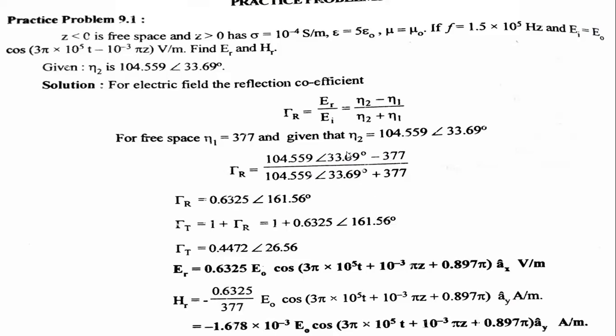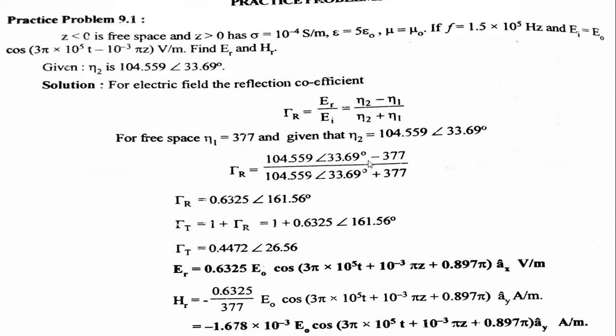We just take this minus term here, because 104 is lesser than the minus 377, and the angle will be 0 here, and here also the angle will be 0. So in this way you can say the upper numerator is also in polar form, and the denominator is also in polar form. Now z1 divided by z2, the angle is theta 1 minus theta 2, that is nothing but again 0 here and 0 here.